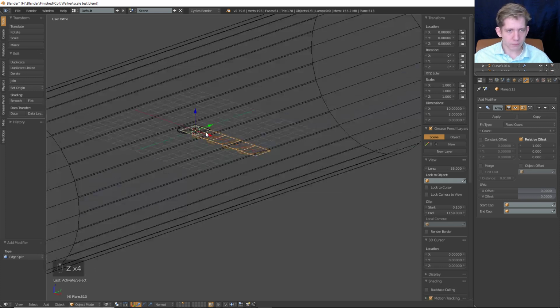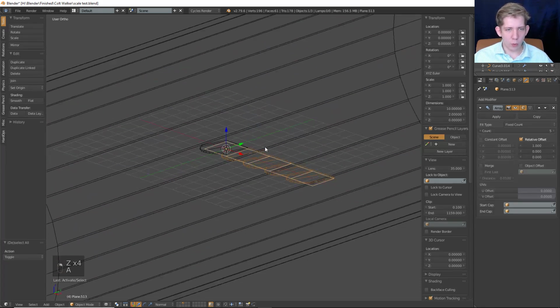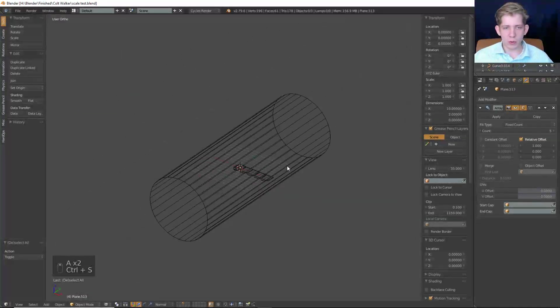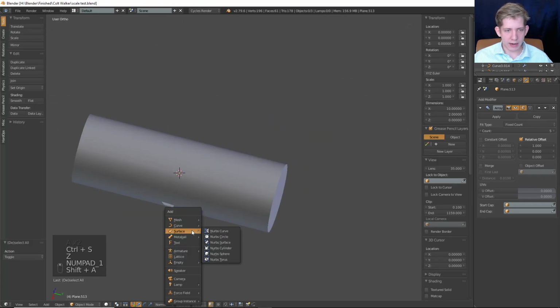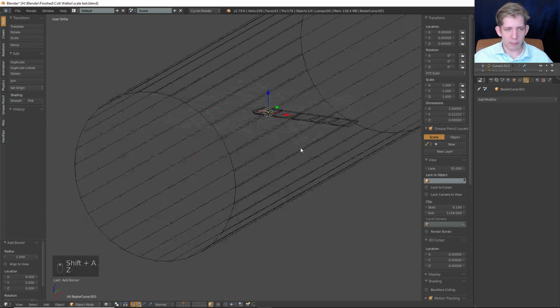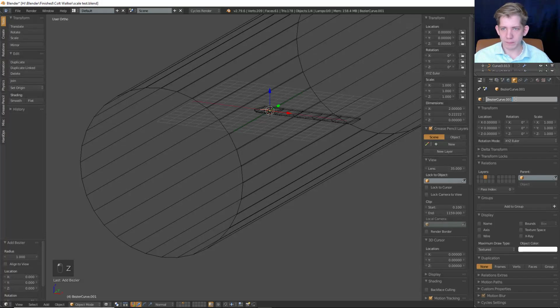All right, so I'm going to leave these guys where they are. Now the next step is to create a curve. So let's do Shift A and add a curve. And it would probably be useful to name this actual